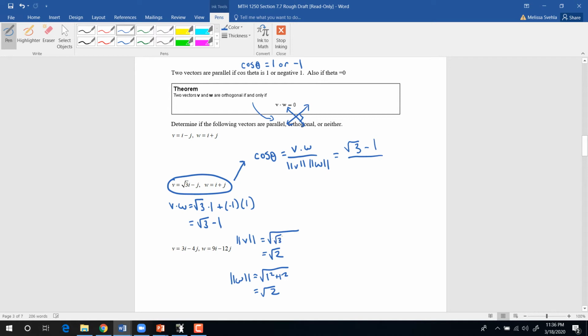Square root of 3 square minus 1 square. Sorry, negative 1 will be here. Square root of 3 plus 1 equals 2. So this is what I have. So I'll throw this part in my calculator. I have cosine theta